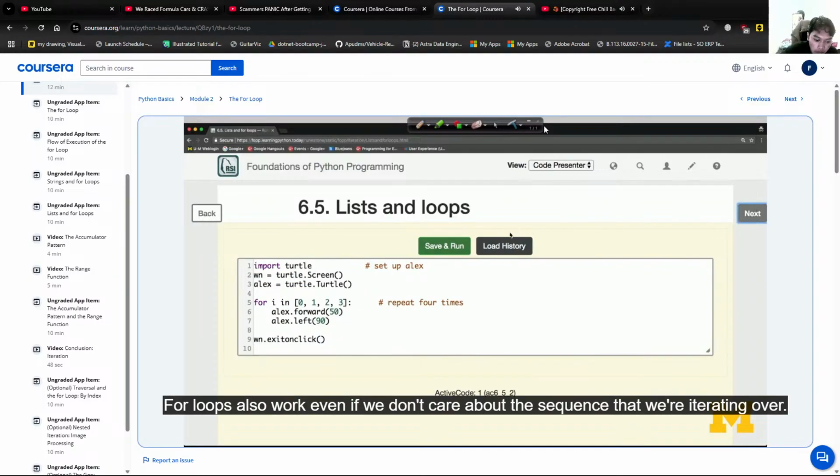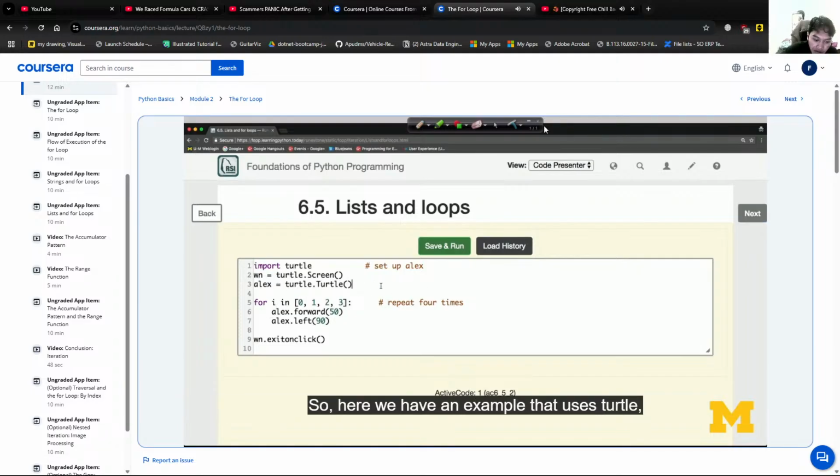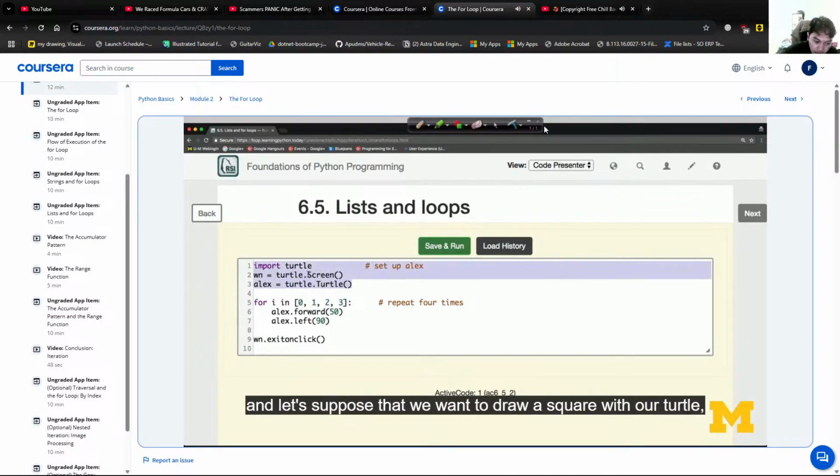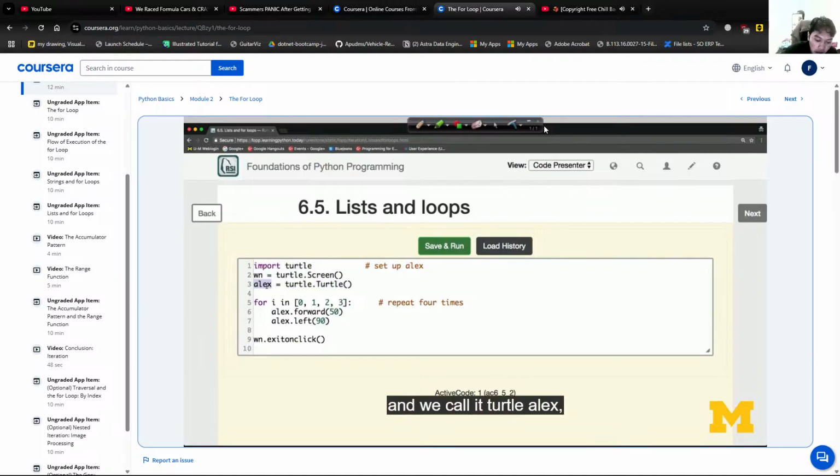For loops also work even if we don't care about the sequence that we're iterating over. So here we have an example that uses turtle, and let's suppose that we want to draw a square with our turtle. One way to draw a square is by going forward and then left 4 different times. So we first set up our turtle, and we call our turtle Alex, and then we create a for loop,